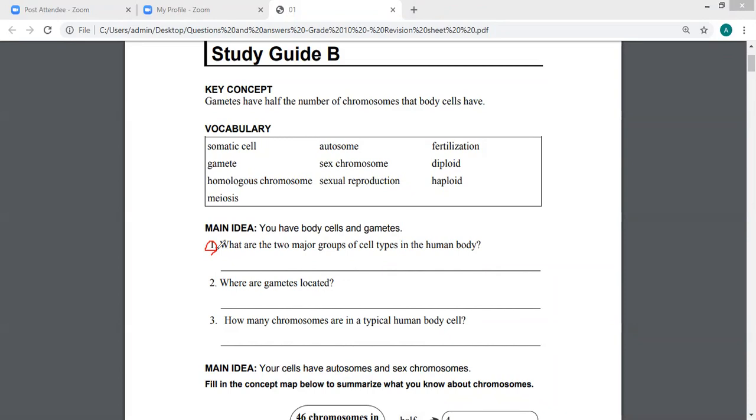We have somatic, which has another name, body cells, and we have germ cells, or gametes, or sex cells. So the answer to number one, the two major groups of cell types, will be somatic or body, and germ or gametes or sex cells. Next one,